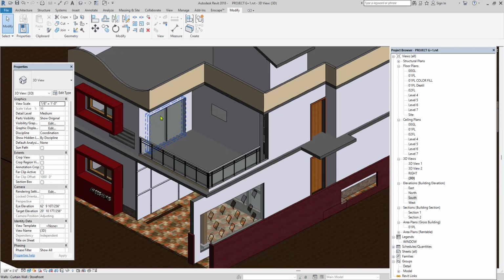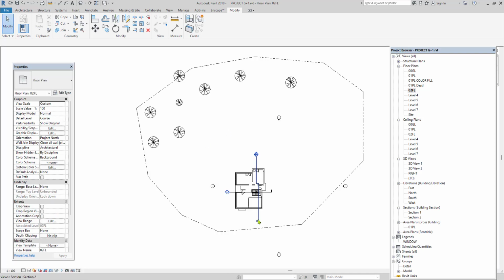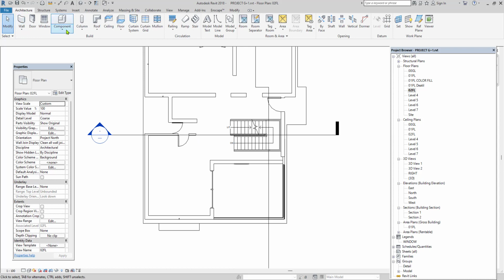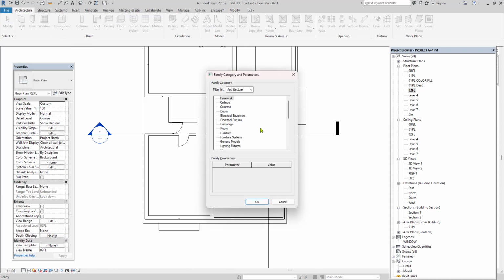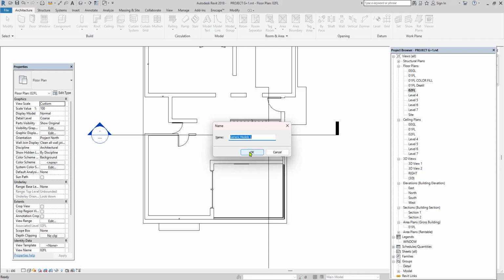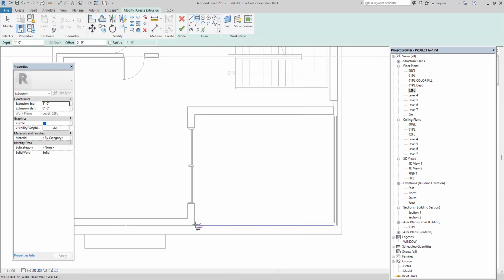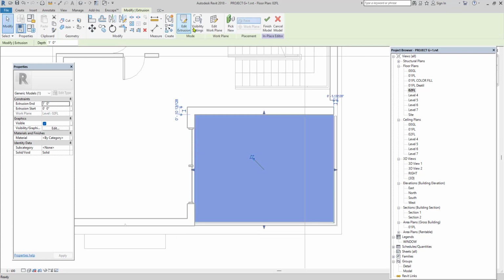Now I want to create a balcony projection. For that I am going to the floor level, that is about first floor level, and then repeating the same component, place a component option, generic model, OK, and you can say balcony projection, take an extrusion, going with a rectangle and then doing like this.